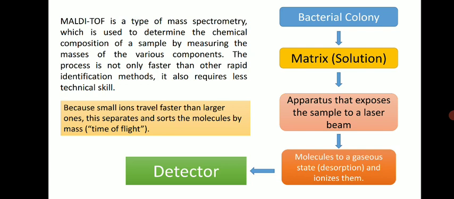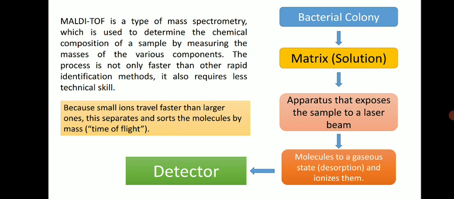After laser exposure, the molecules from the microbes, especially protein molecules, are converted into gaseous form, and that phase is known as desorption and ionization. Once the proteins get converted into gaseous form, they can be analyzed by the detector, and the result is compared with the database that is based on protein profiles, and by simply comparing your result, you can find which type of microbe or which microbial species is there.